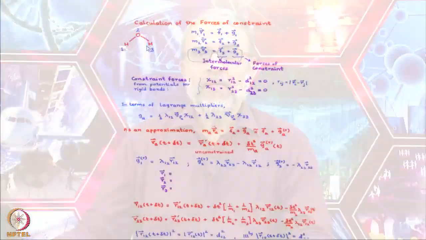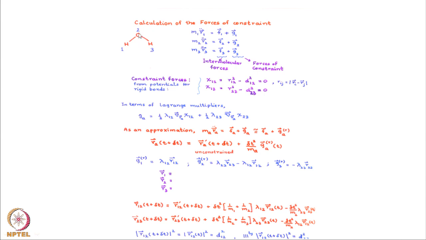So, once you have a lot of constraints, that is indicated here, I have this molecule water, HOH. As the molecule moves around, I do not want to change the OH bond length, nor do I want to change the HOH bond angle. So, instead of calling a bond angle a separate constraint, I want to say that the distance between oxygen and hydrogen is fixed, between second oxygen and hydrogen is fixed, and also the HH length is fixed. So, if the three lengths are fixed, automatically the bond angle is fixed. So, for this purpose we use a constraint method.